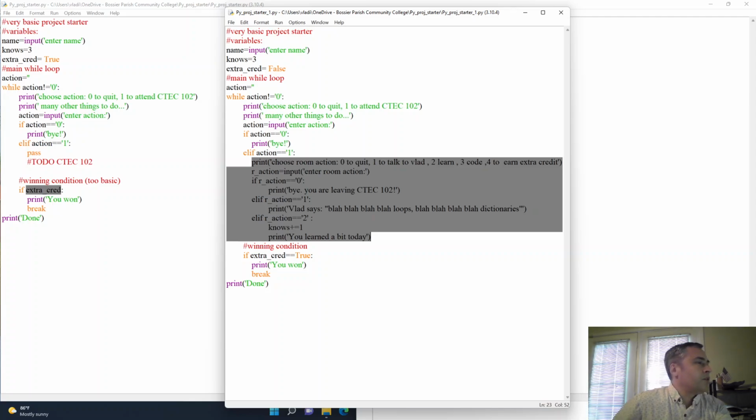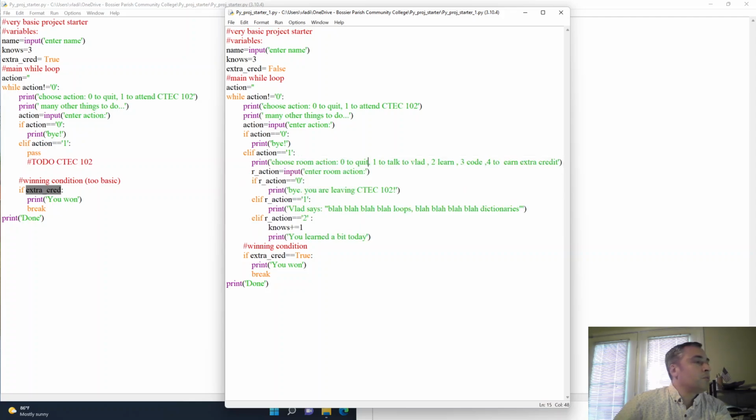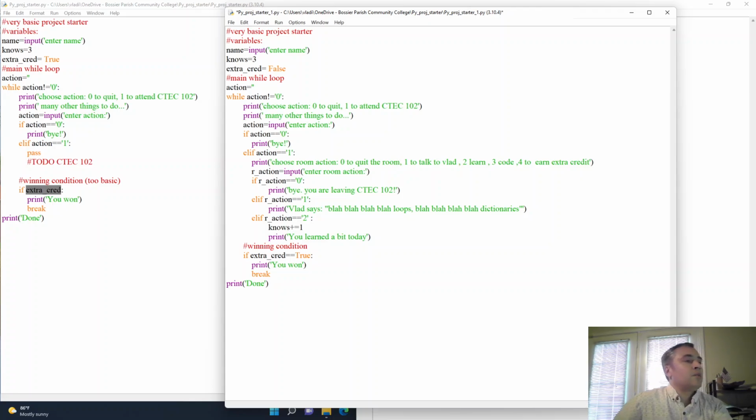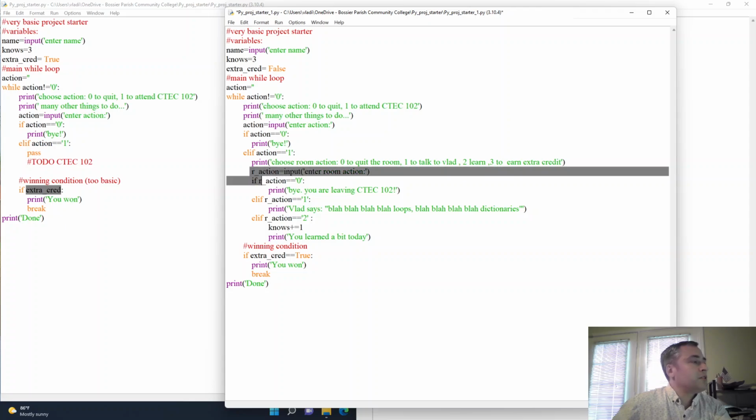So: choose room action, 0 to quit the room. Maybe I should be more explicit for that. And if your print statement is too long, you can make it into 2 lines, or as many lines as you need, and eventually you will. So 0 is quit, 1 is talk to Vlad, 2 is learn, and 3 is code. Maybe I'll simplify this a little bit. You will have to work a little harder on each of your rooms than this, but this is still a good example. So our action is the room action variable, and depending on the room action,